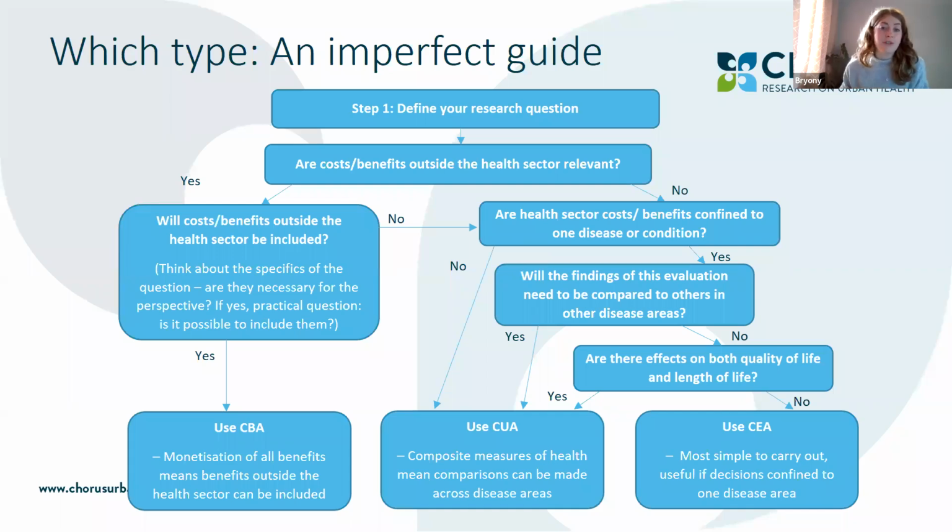So you might go through this flowchart and end up with the recommendation of conducting a cost utility analysis, but may decide that because of feasibility in collecting data or what's going to be most useful for decision makers, a different type of evaluation will actually be better in your context. So it's not supposed to give a definitive answer necessarily, but can be a good place to start when planning projects and evaluations, to get you thinking about what's going to be the most important in the decision about which type of evaluation might be best.